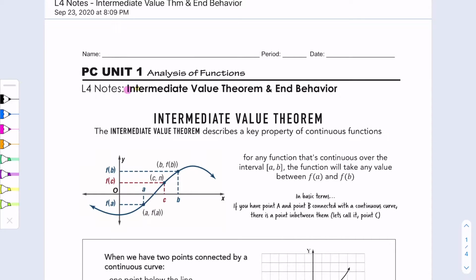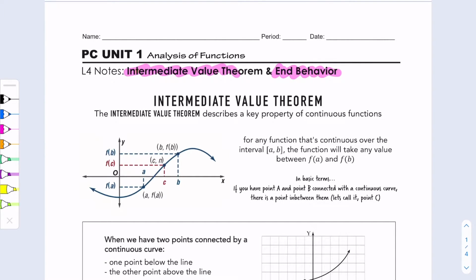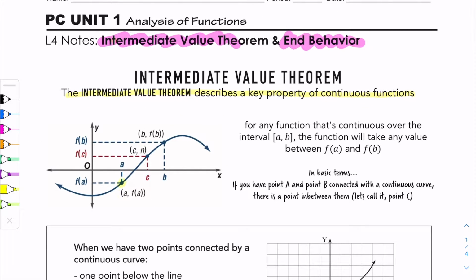Today's lesson is on the intermediate value theorem and end behavior. The intermediate value theorem describes a key property of a continuous function. So basically what the intermediate value theorem is saying is that if you have point A right here, and